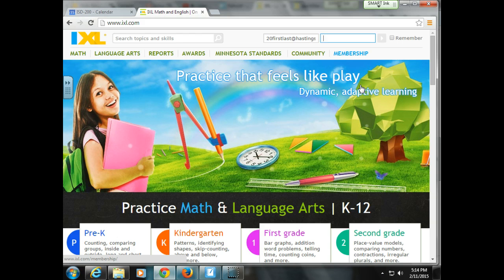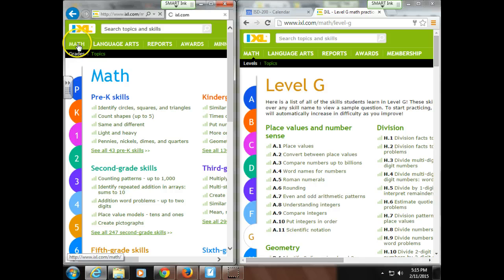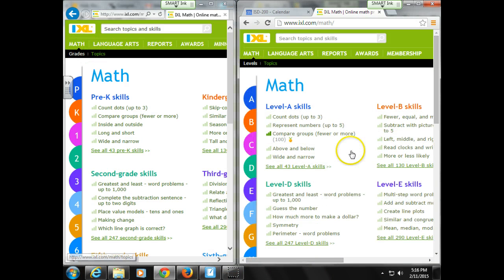Now what you see here is kind of a split screen, and the reason I'm doing this is depending on whether or not you are in an interventions reading class or not, your screen may look different. So I've got two scenarios here. Make sure the first thing you do is you click on math. Okay, so whether your screen looks like this or whether it looks like this, I want you to click on